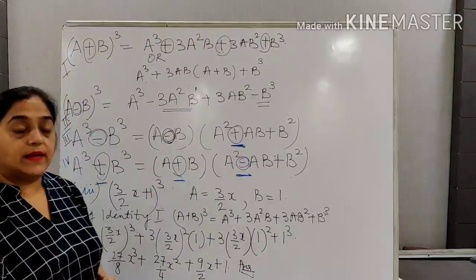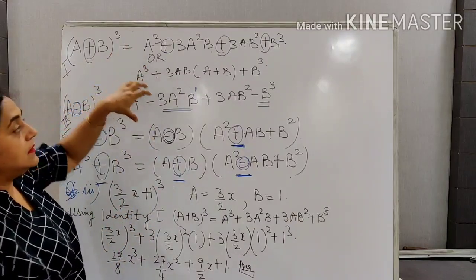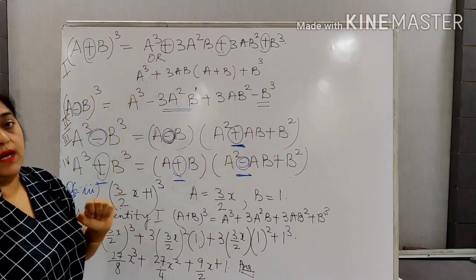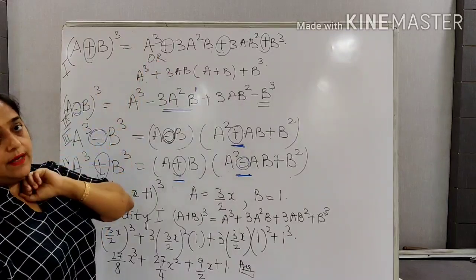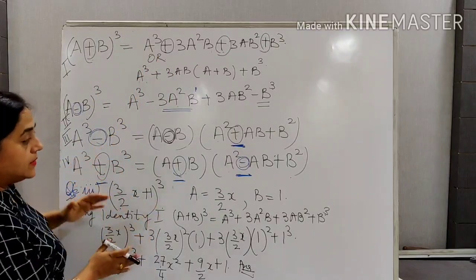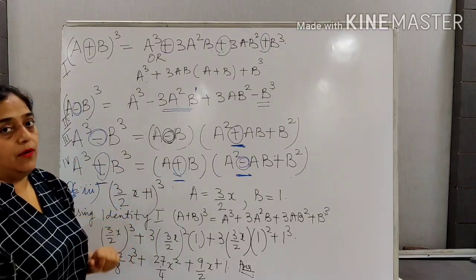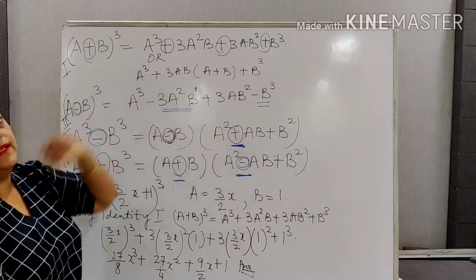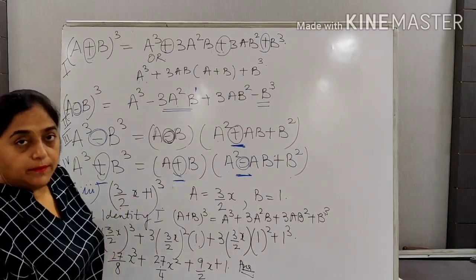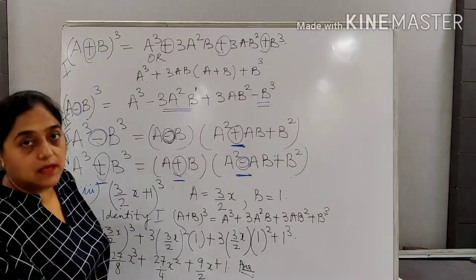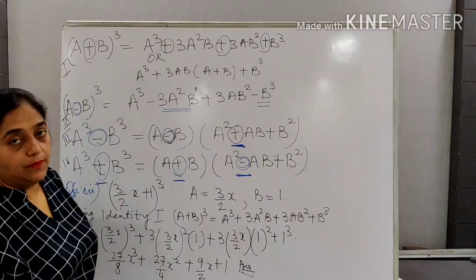Got it? It is very simply application of the formula. See, these are the theorems. These are the formulas. So maybe you will be finding difficulty in understanding the formula. But when you come to these practical based questions, you will directly put up the formula. Just you have to learn this. Got it? So this is (a plus b) whole cube, which is equal to a cube plus 3a square b plus 3ab square plus b cube.